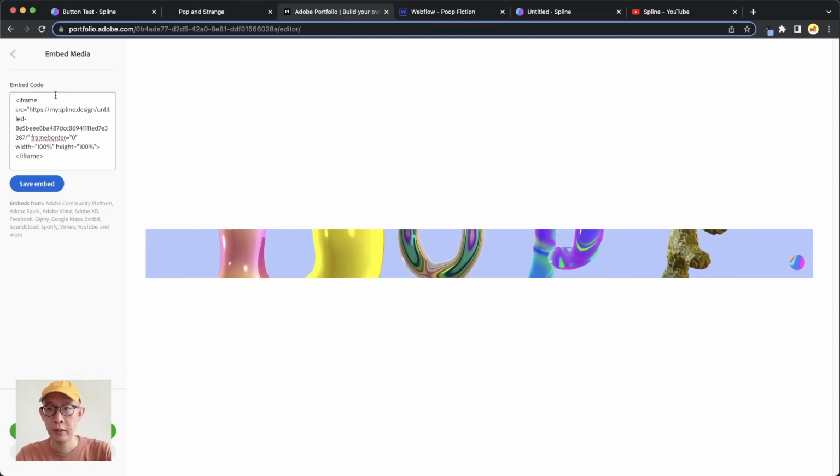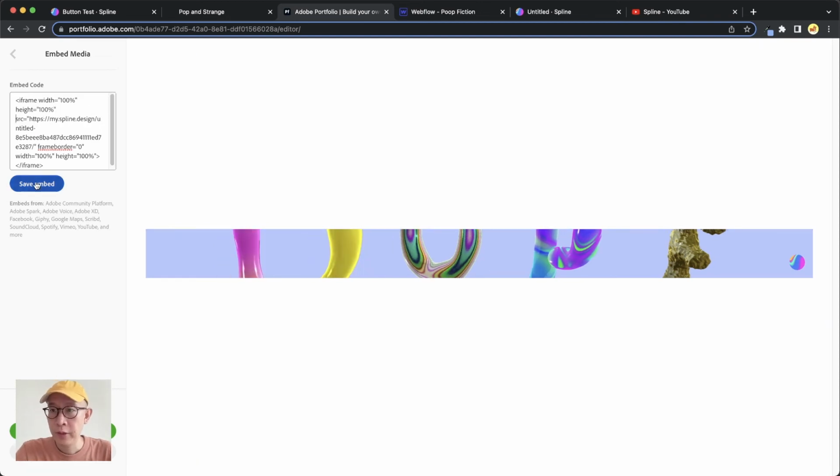So we need to type, if you see right after iframe, I'm going to type width equals open quote 100%, and then spacebar height equals 100%, spacebar. Yeah, if I click save embed, you will see that it's still looking the same because we need to